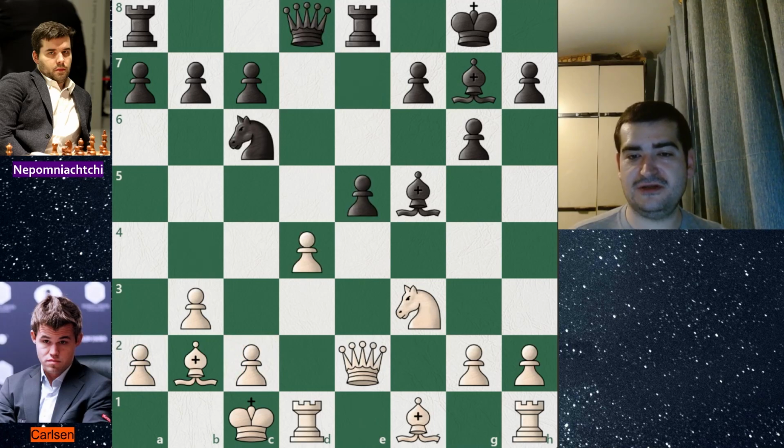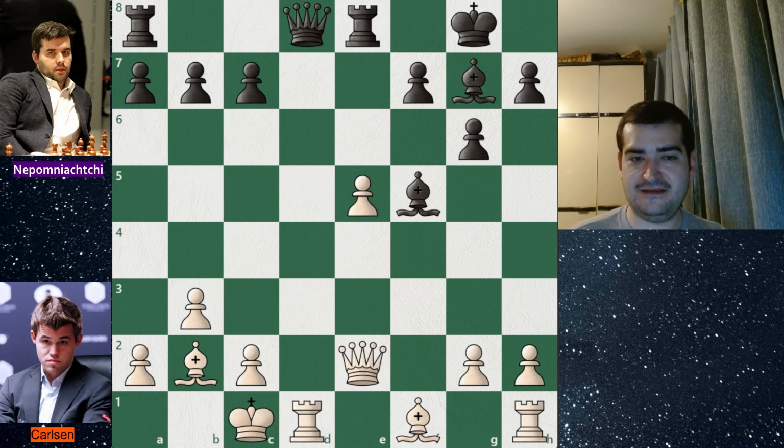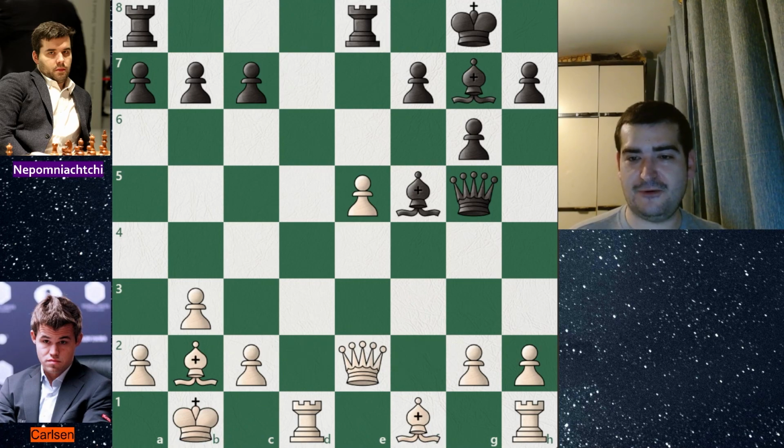So after d takes on e5, he decided to pick up this pawn with his knight, and the game continued with knight picking up on e5 and d picking up on e5. And right now Magnus finds this beautiful move, queen g5 check. Right now king is forced to go on b1,